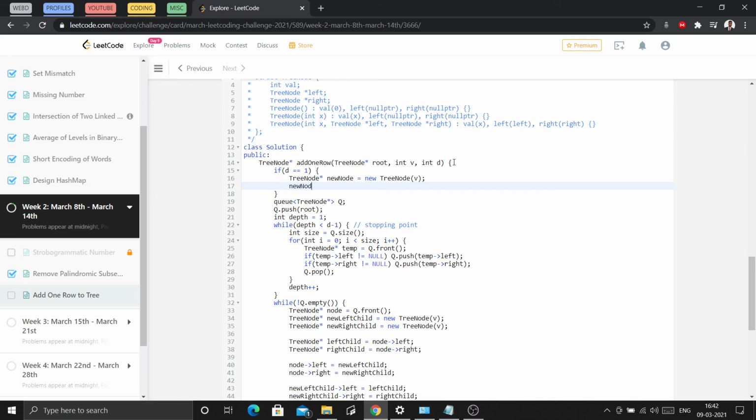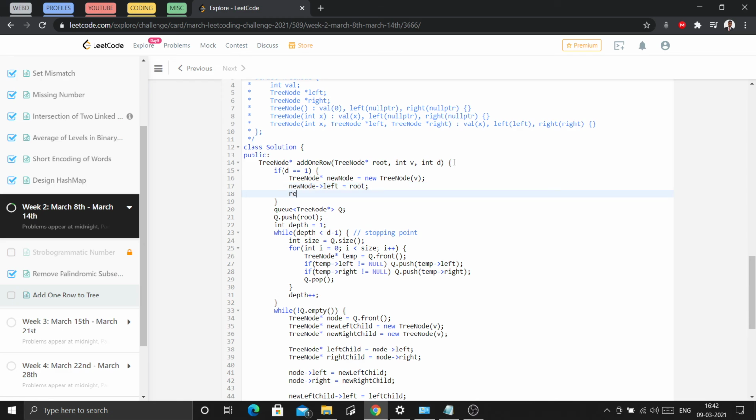So new node's left would be root, and I will return new node, because our new root is the new node.